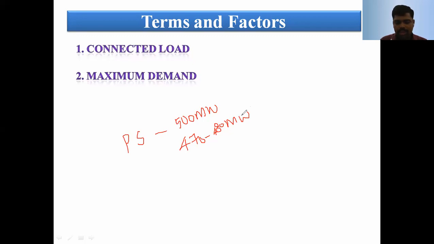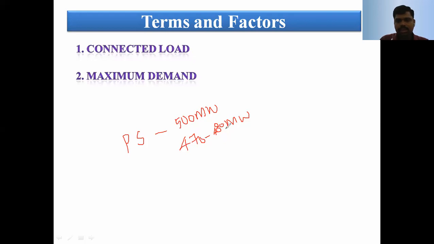Peak load means that within a short interval of time, the load is varying. After that, it comes back to the actual position. The peak load is reflected only on average 4 to 6 hours per day, but sometimes 6 to 7 hours also. Base load means throughout the period the load is maintained constant: in a day, 24 hours; in a month, 30 days; in a year, 365 days. That is nothing but the base load.